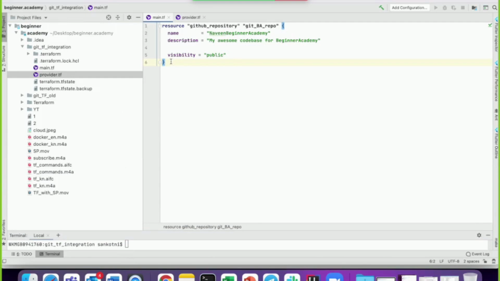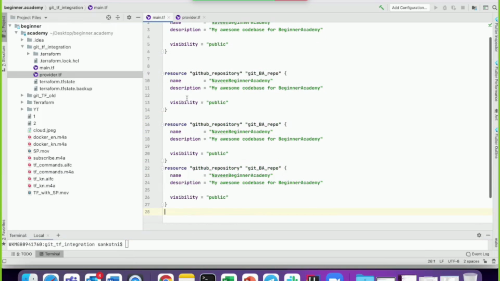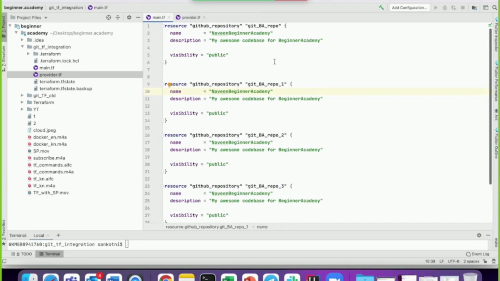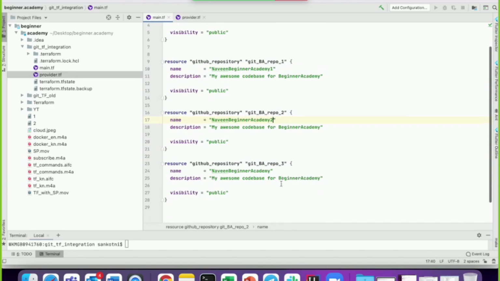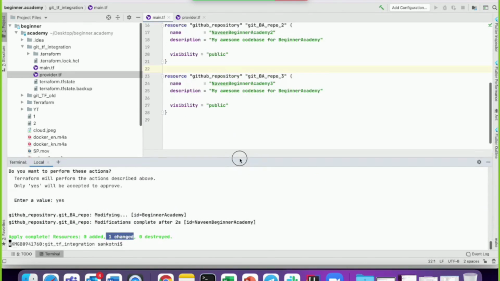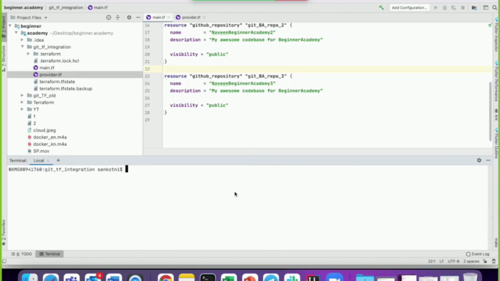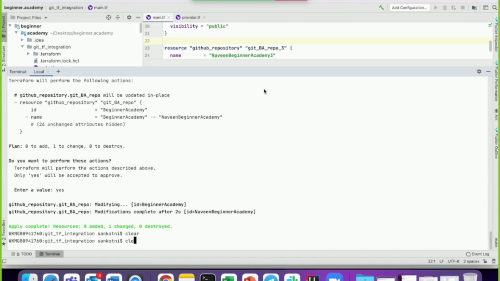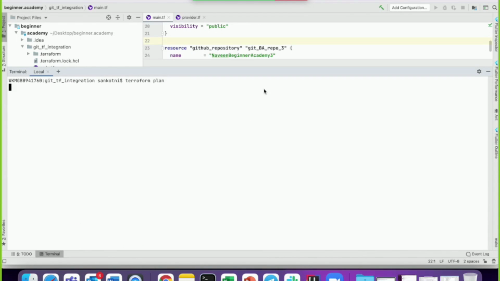So now let us see, we require another few, right? We will give 1, 2, 3. Okay, so this is 1, this is 2, this is 3. We can keep it in a loop, but I will tell you about looping a bit later. So now what would be the result? What does our Terraform plan have to do? Any idea?